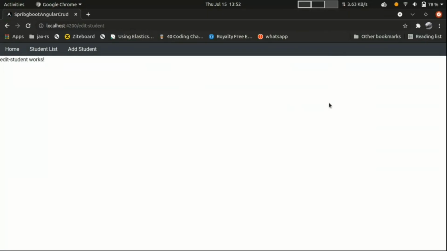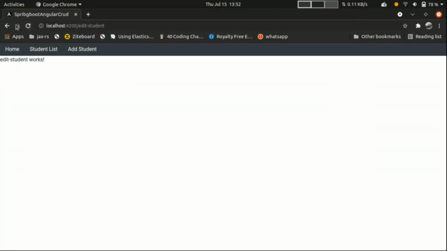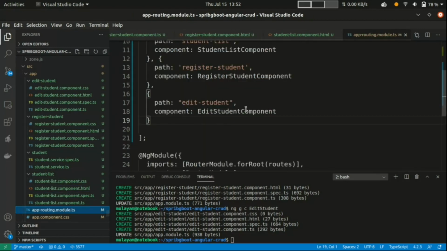Whichever student was clicked, I want to pass that ID. Now we are coming to the student page, but we are not able to get that ID. So to get that ID, I need to modify the routing part a little.